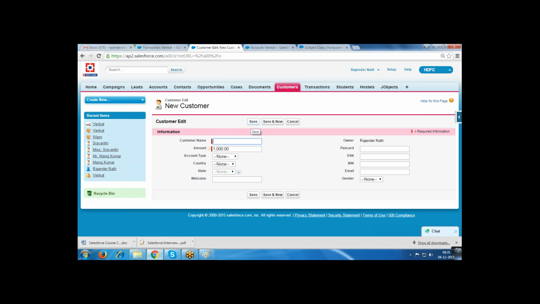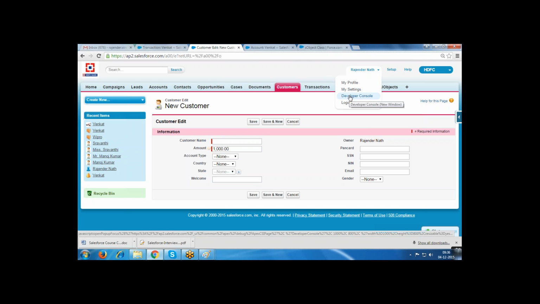Suppose if I am modifying this data, in this case I want to generate one more message, welcome to old customers. If it is the insert operation, new customers. If it is the update operation, old customers. Like this I want to display some message. For this we are creating the trigger.